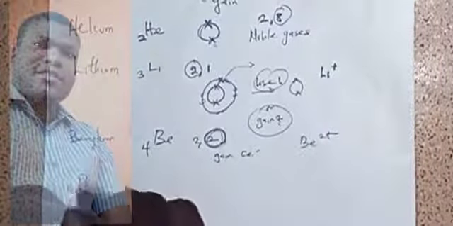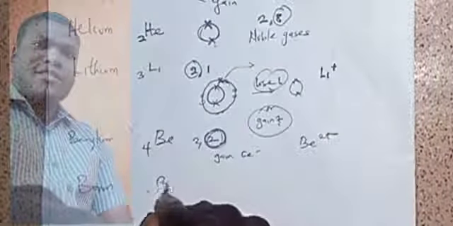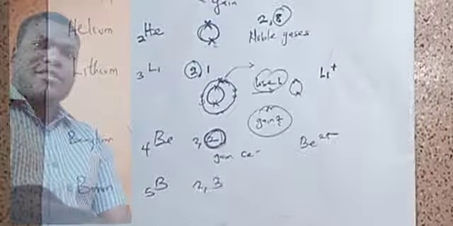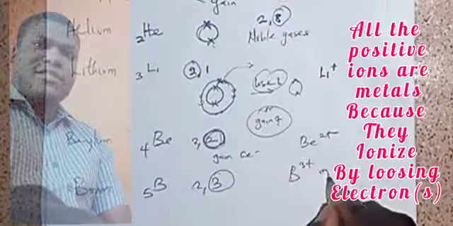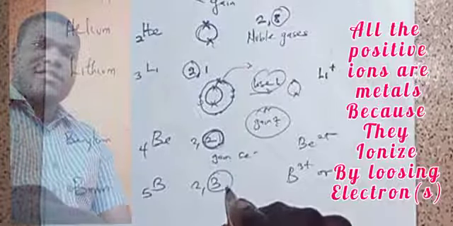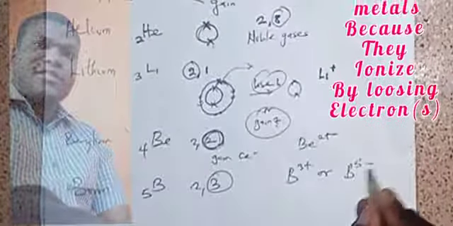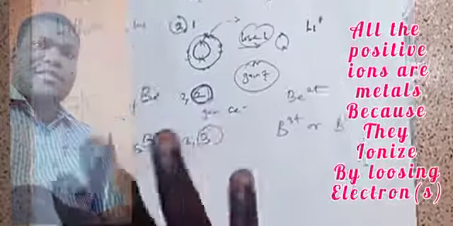So let's talk about boron now. Boron is B, that's 5, and that's 2,3. Boron can either lose these 3 and form boron 3 plus, or it gains how many to make 8? To gain 5, boron 5 minus. It can do any of these two. So boron,